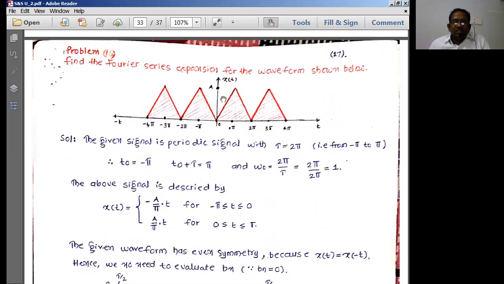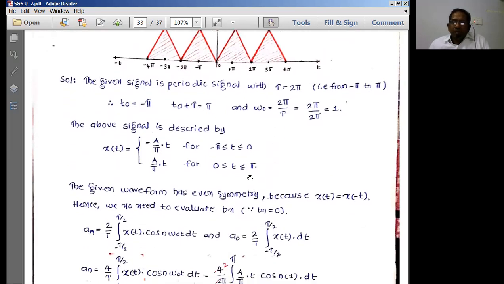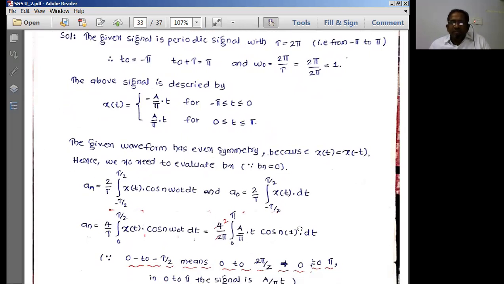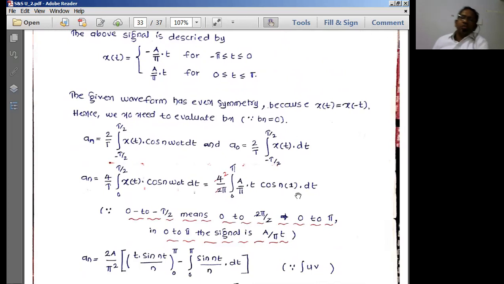Okay, right. Now we first of all have to find out what type of signal it is. Just by seeing this itself, we can understand. After 0, what do I have? Increasing. Before 0, what do I have? Increasing here. So it is definitely an even function. Pictorially, you can easily say by seeing it. Mathematically, to say it, you should substitute x of minus t. When you substitute t as minus t, these things are going to get reversed, and these limits are also going to get reversed. Therefore, we get the same signal as x of t once again. So we can say that it is known as an even symmetry function.